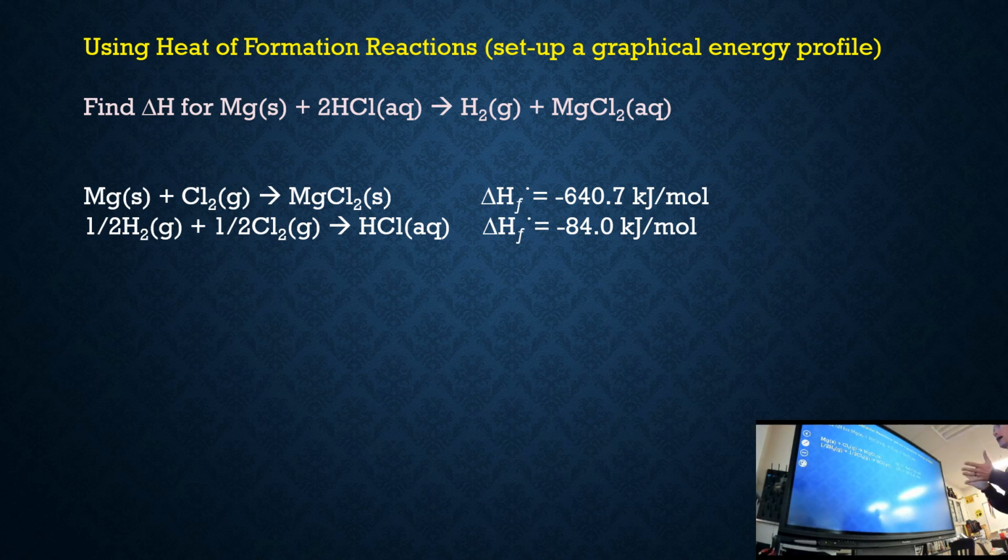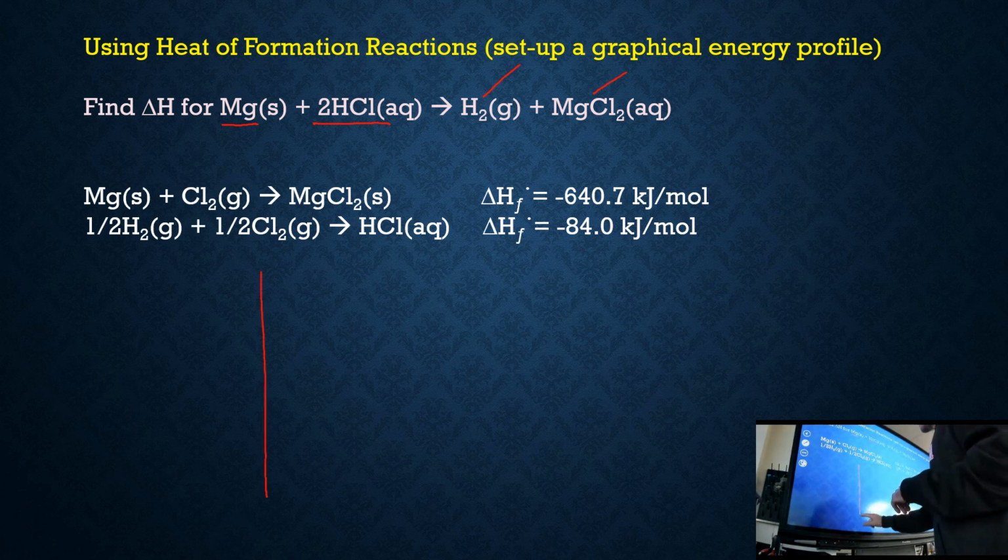So let's go understanding how we calculate enthalpy. This is the reaction we did with the calorimetry. We took magnesium, we added hydrochloric acid, and we made hydrogen gas and a solution of magnesium chloride. So we're going to use the graphical representation, the profile. That's this graph. You have the pathway,